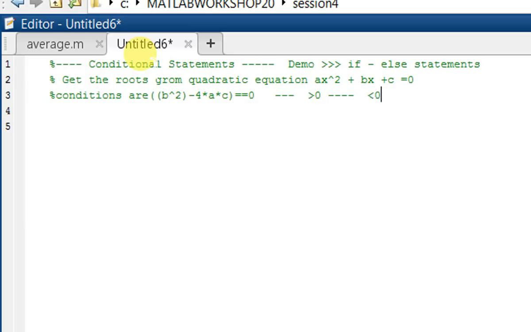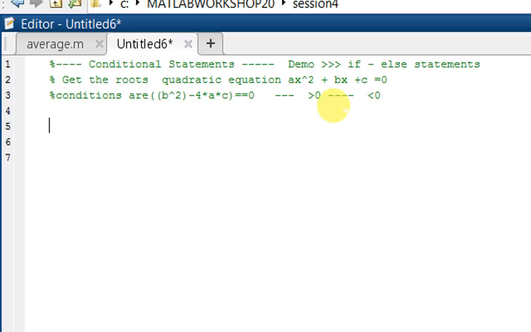Next part is the conditional statement. We have to demonstrate the if else condition. Our problem statement is that we have to get the roots of a quadratic equation, that is ax square plus bx plus c equals 0, and we have to check the conditions for getting the roots, that is b square minus 4ac: whether it is equal to 0, greater than 0, or less than 0.